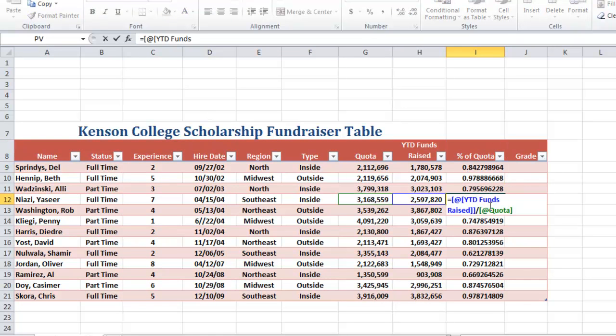If I double click, you can see the formula down here that is applied, but it's within this record. So that's what the ampersand does. Without that, you get an error. You'll get a big error. Moving on to